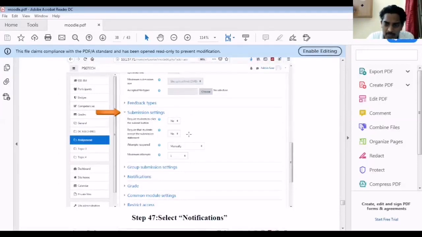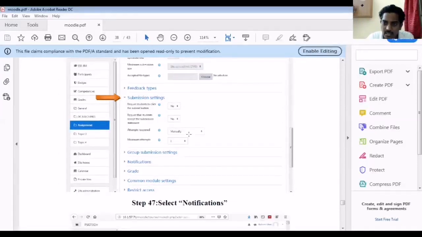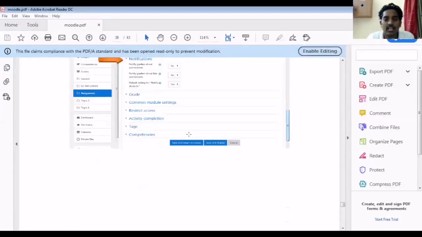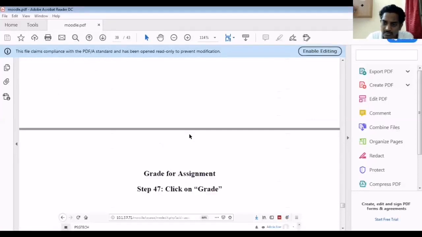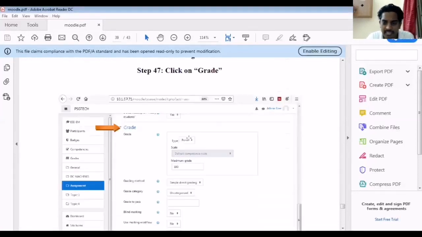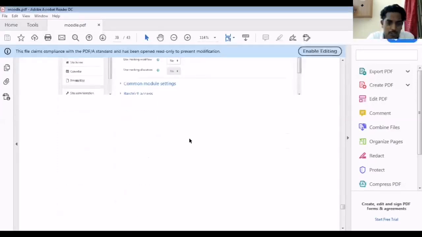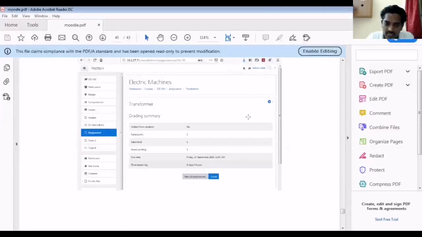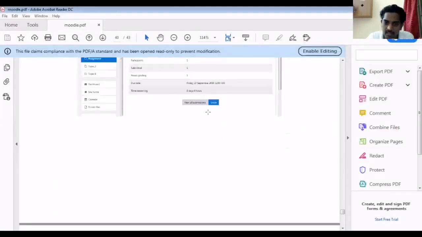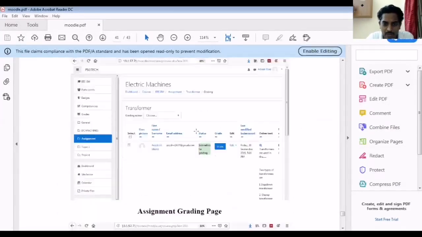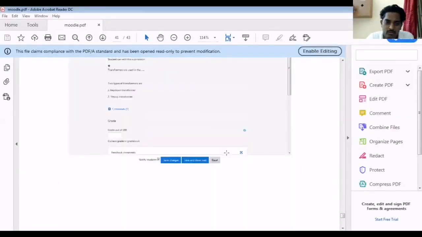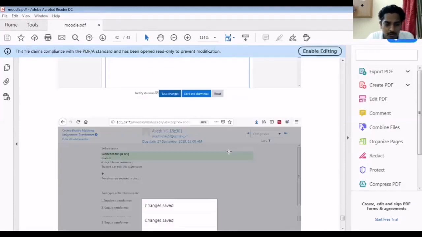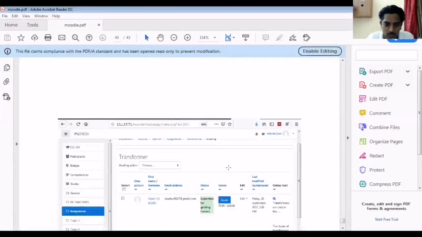Once they have submitted, the teacher will get a notification of who has submitted and who has not submitted. That option is also available, and the notification is sent to the student as well as the faculty, and it can be graded in an effective way as we told you. This is the assignment preview and report for your submissions: when it has been submitted, who has submitted, at what time, and all that you are able to take, and you can give the grade for that too. So these are the options we have. You can review the assignments also. If you want to make a review, that is also possible here.